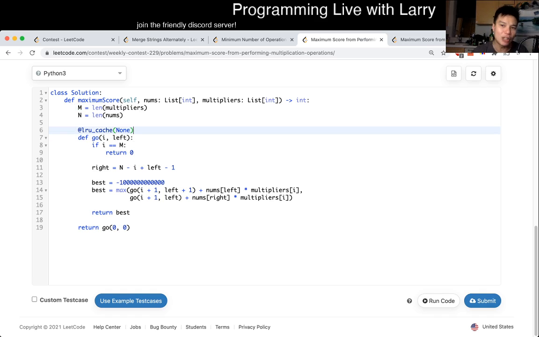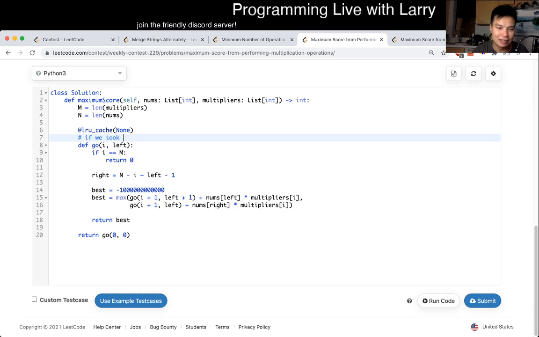And you may note that if we took i numbers, then left plus right is equal to i, right? Roughly. That means that we took